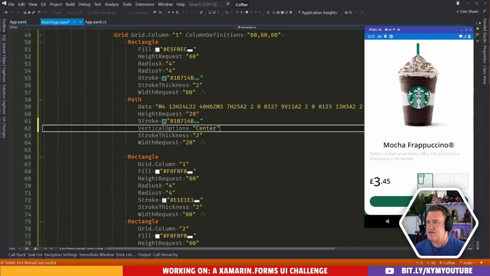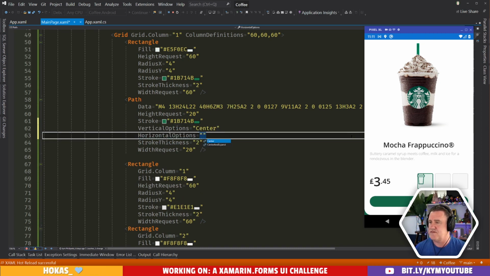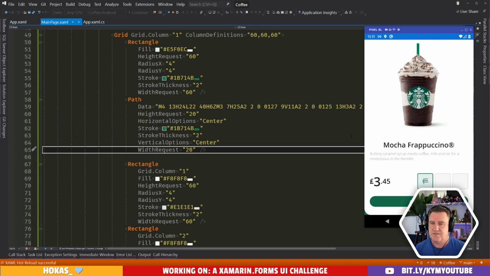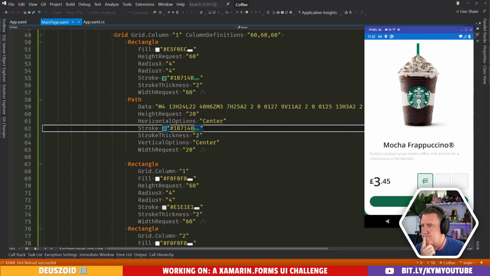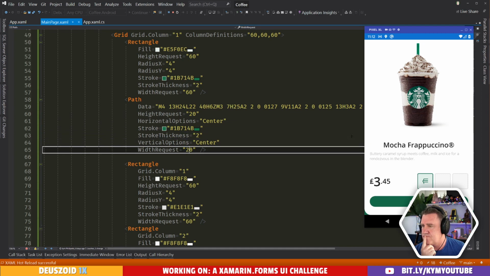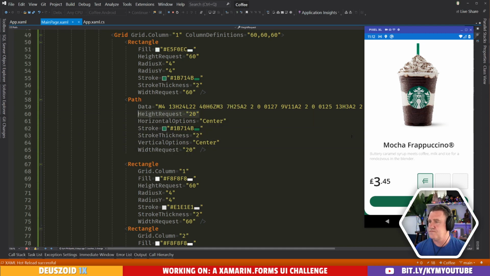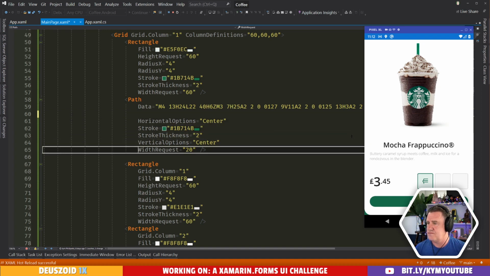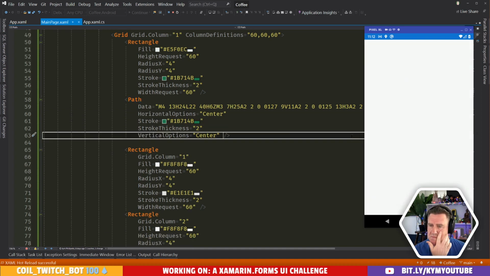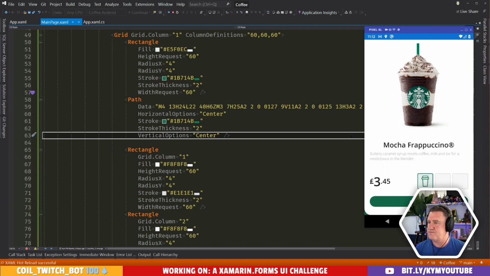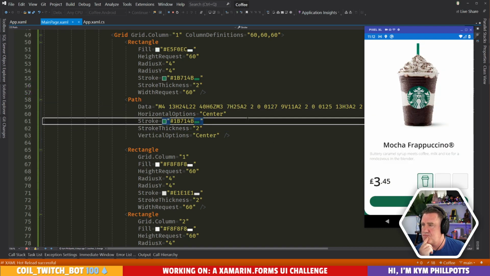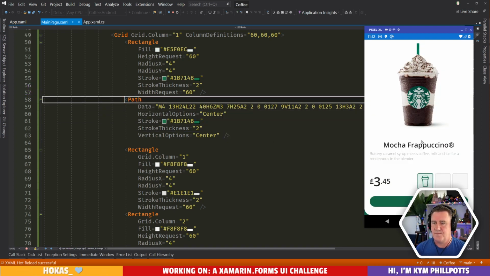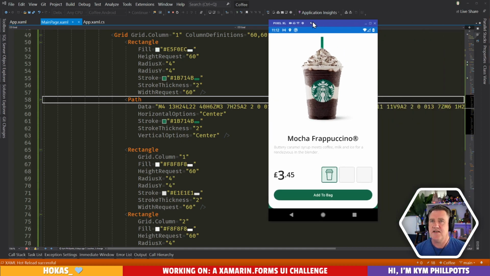Vertical options of center. Horizontal options of center. That's not what we're after. There's a cup. That's interesting. It looks a little jaggy, right?